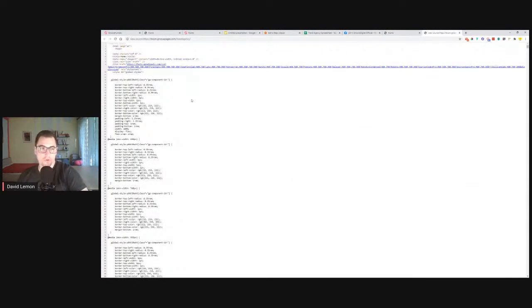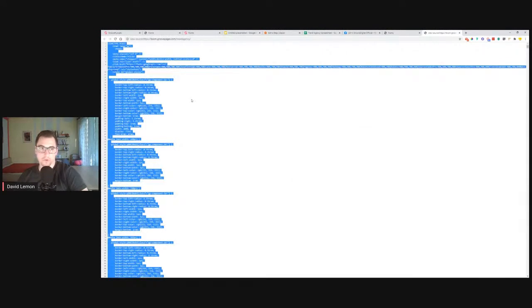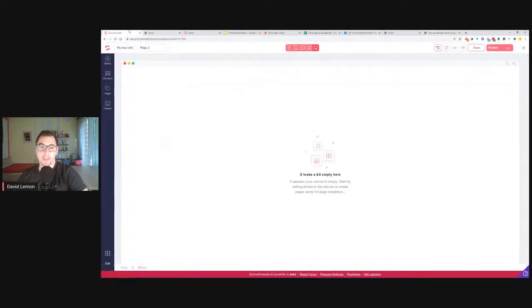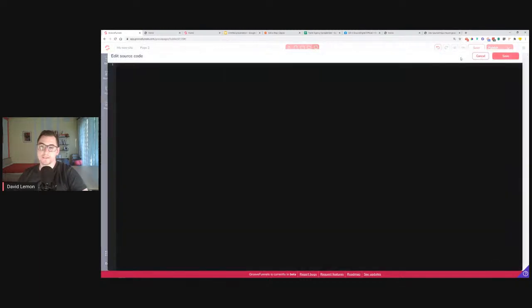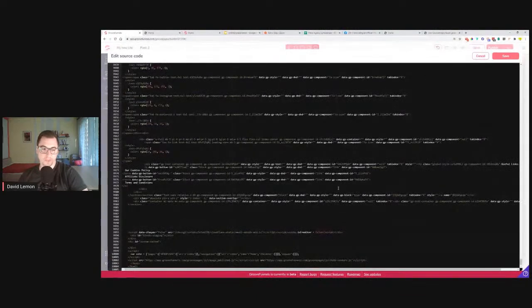So you click Control A, Control C, or Command A, Command C on Mac, and then you pop it into this editor. You need to click next to the save this page source button, and this is where you paste it in. Okay, once you have saved